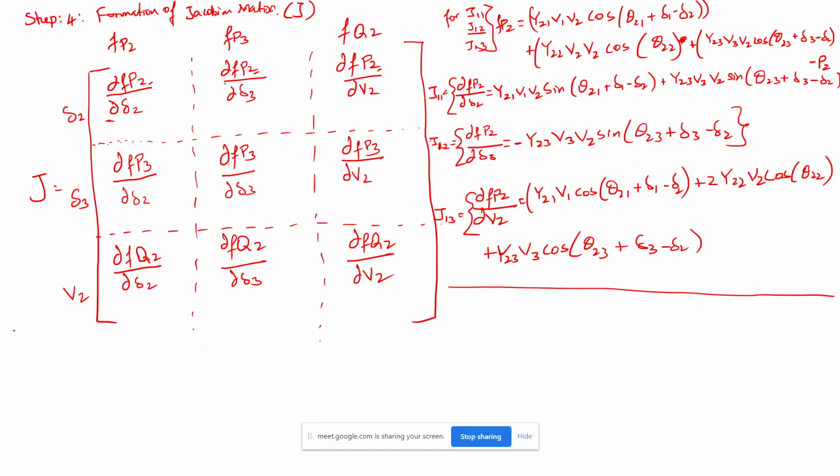We'll do for here and then we'll do here. So now it is visible to you for J21, J22 and J33. Then for this we need to take P3 because all these three are P3, right? So this will be FP3 is equal to, someone tell me what is the FP3 equation. I hope you have written in your note.